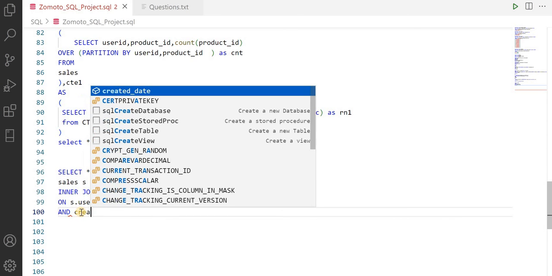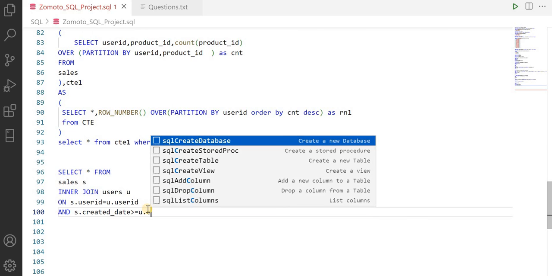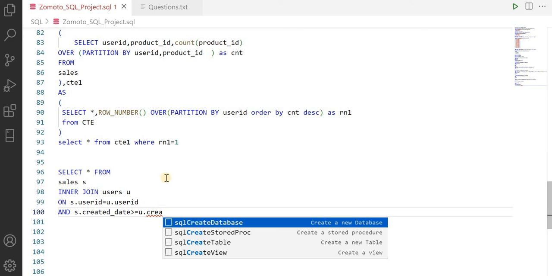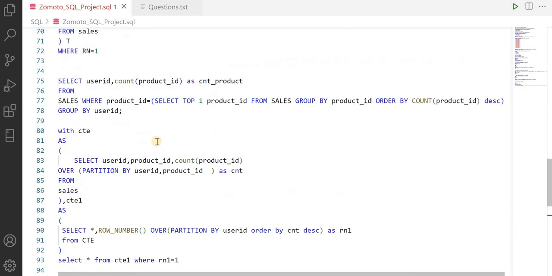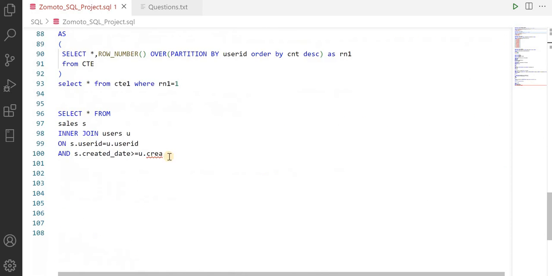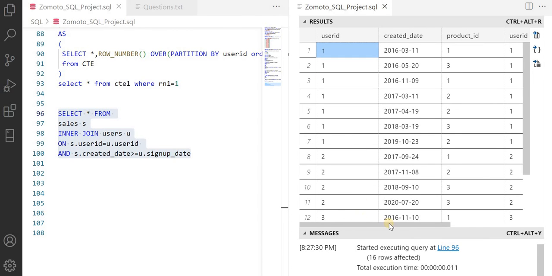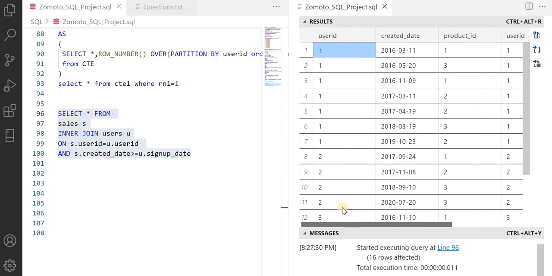That is, s dot created date is greater than or equal to u dot created date. Let me see the number of users' sign up date. Okay, and just run this. You can see we have all the information. Correct. Now here what I have to do is write which item was purchased first by the customer